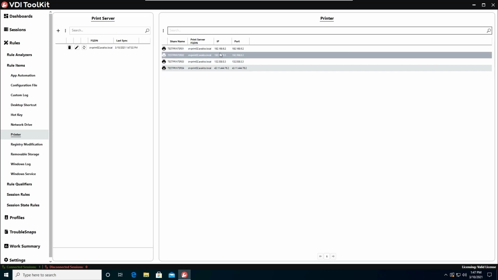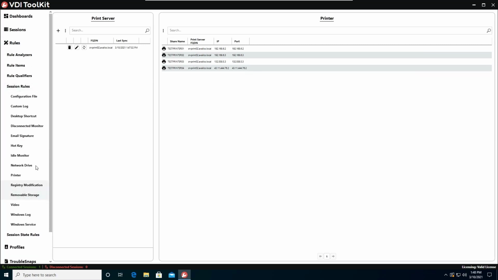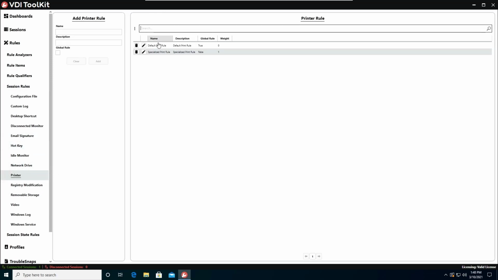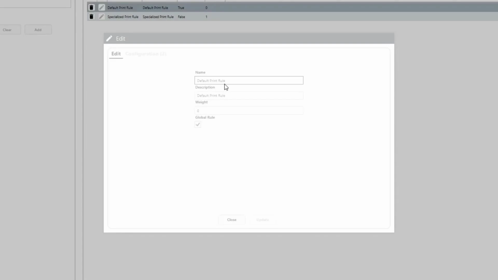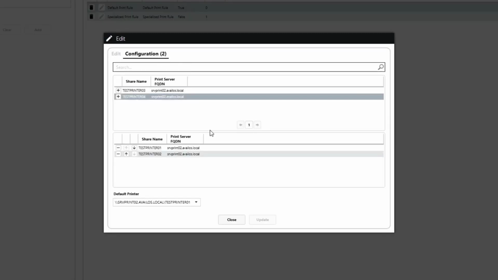So just to show you that this did not break our rules, we can actually go back and navigate to rules, session rules, and we can navigate to printer, and we have our rules here. And if I go ahead and hit edit and go to configuration, we'll see that it has automatically updated our rules as well. So these rules are working and we didn't have to go back and edit any rules or anything. So it's good to go. User logs in, you did a migration, there's no issues, you don't have to change any UNC paths, any rules, or